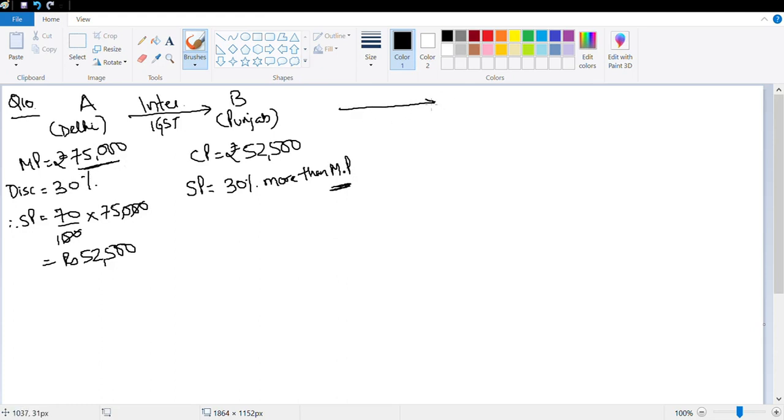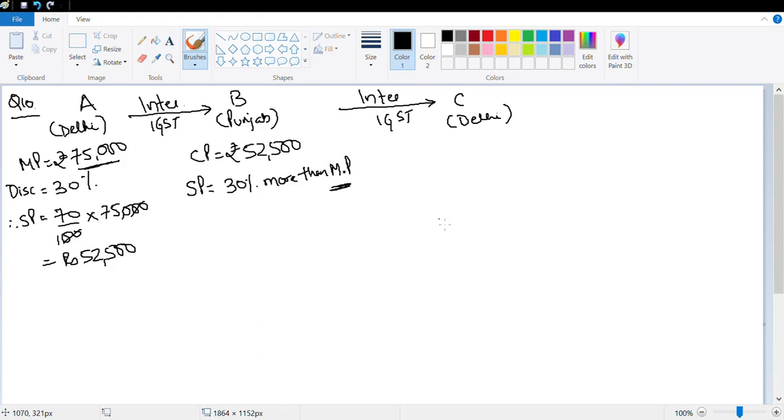And who is he selling it to? He is selling it to dealer C in Delhi. This is again interstate. Repeat, it doesn't matter whether it's inter or intra. You just need to calculate the GST at the given percentage, basically a percentage question. And had it been intra, you would just convert it into CGST and SGST.